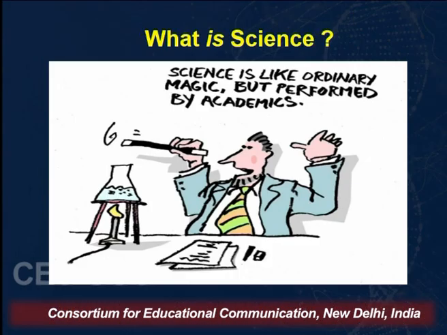Science is nothing more than magic. It's just performed by the academics. If you have worked in labs or if you intend to work in labs, then this is the probable definition of science that comes into a layman's mind, because you mix things, you do certain experiments and you create new things, and it is performed by academics, because the people who have done doctorates, the scientists, are mostly involved in doing this kind of science.